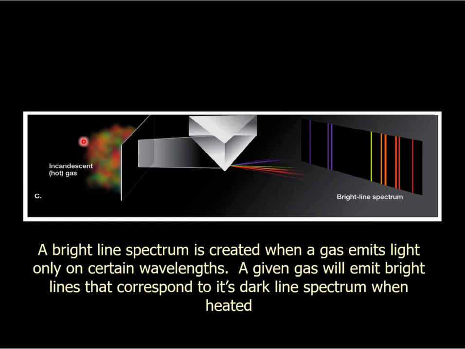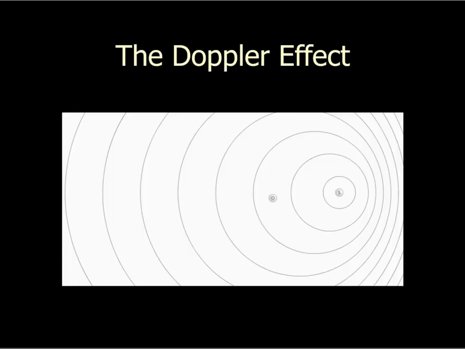So we have ways of identifying both hot and cool gases in space based on their spectra. You use an instrument called a spectrometer, which is basically a telescope with a prism in it. And it shows you not just the thing you're looking at, but it shows you the light that it is putting off. And you can use that for all kinds of really cool things. And once again, this works because light is a wave.